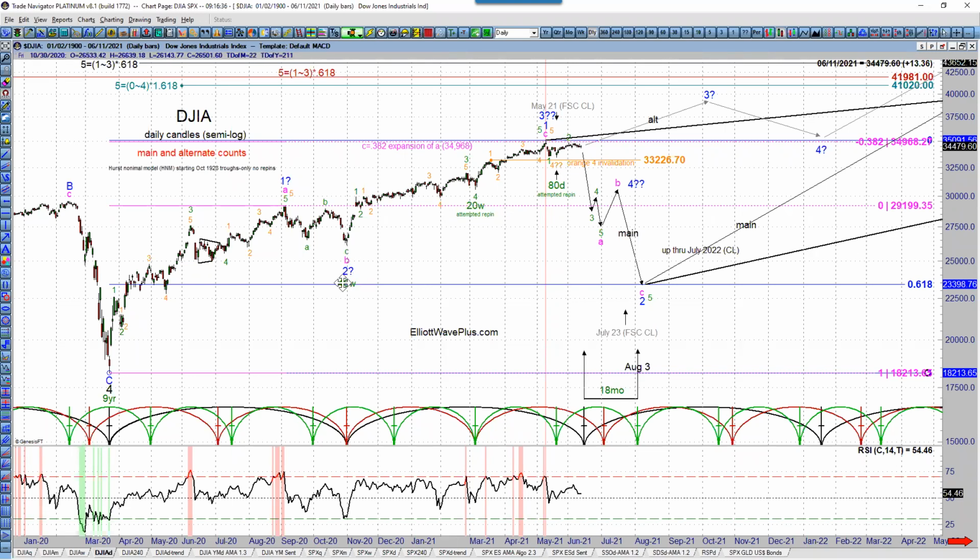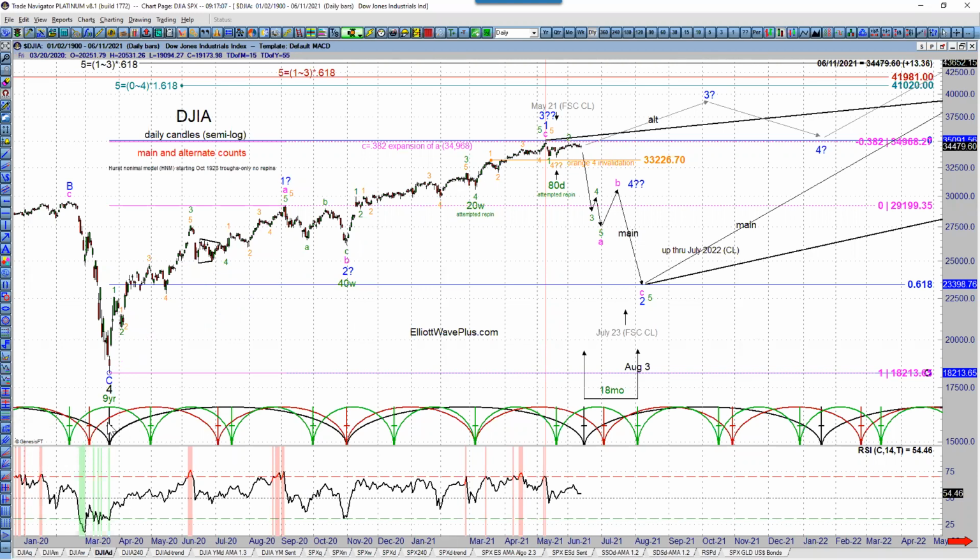We get a slightly early 40 left translated 40-week cycle trough that would lead to more bullishness, which is exactly what we have had. So that's a strong clue that that's probably the 40-week. And so what I've done is the black. This is something called a cycle finder, an indicator or a drawing tool inside of Trade Navigator.